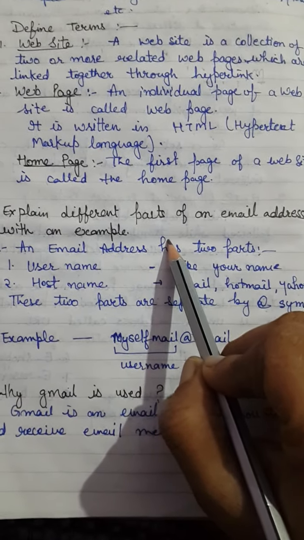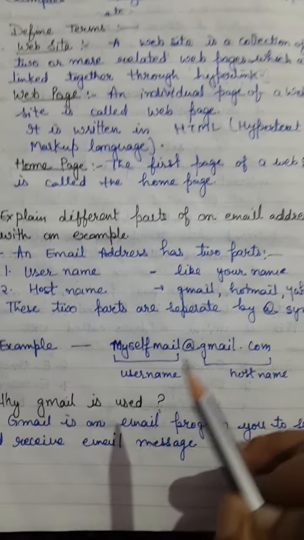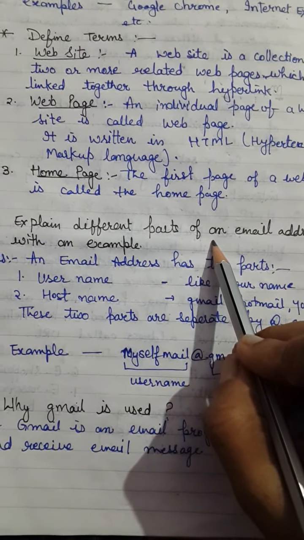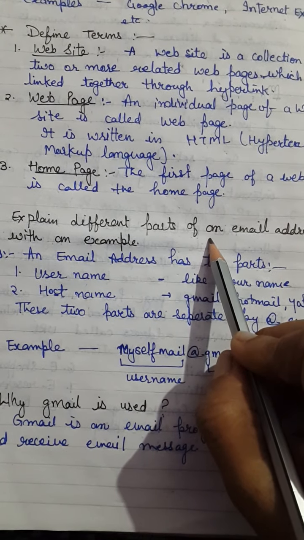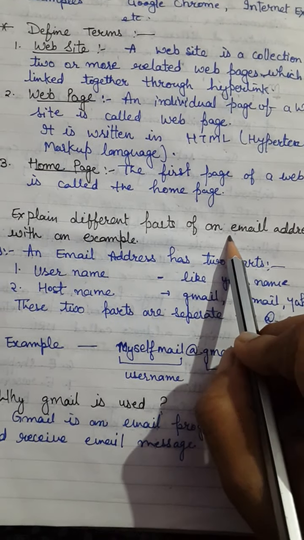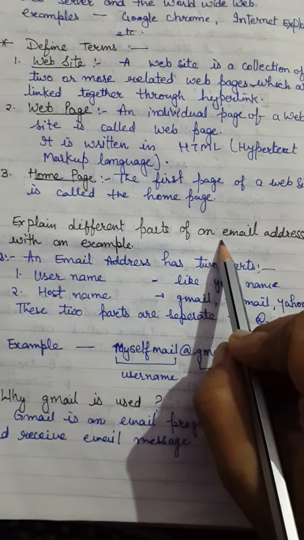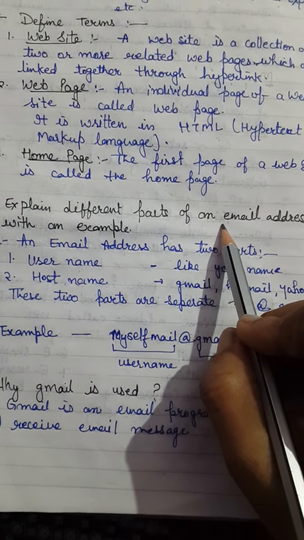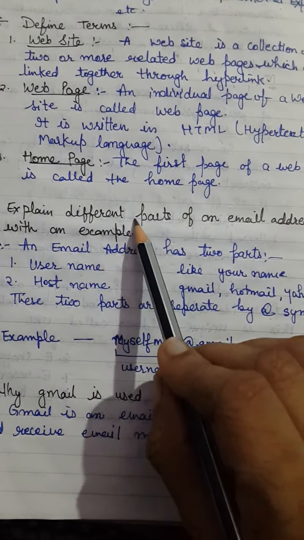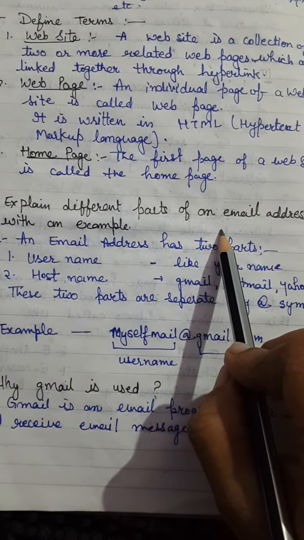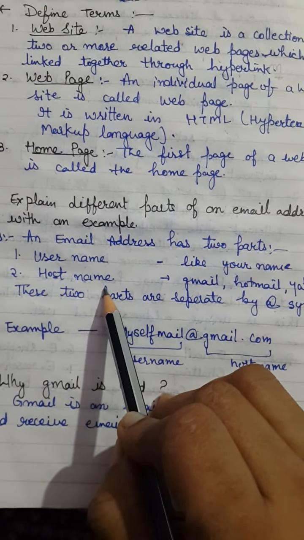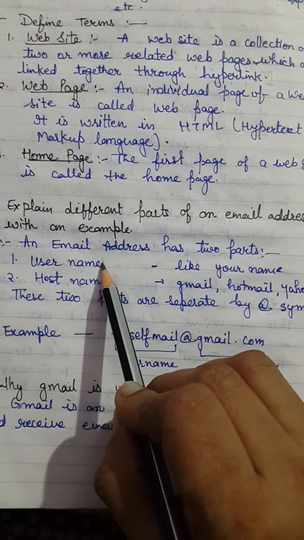Email is very simple. What is Gmail or an email? Before I start, let us know what email is. Email was already discussed in earlier topics. Email stands for electronic mail, used to send and receive messages via the internet, quickly. And what are the two main parts we use when we create an email address? One is the username, one is the host name. What is the username?